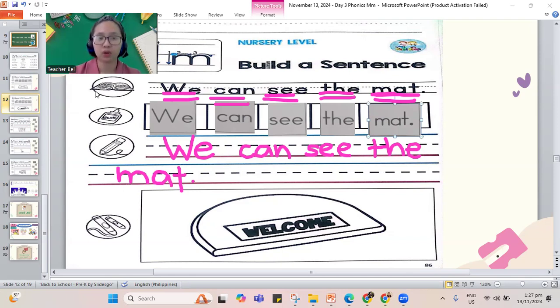And you need to color for your pictures. So let's color this one. I have the pink mat. Okay, there's something wrong with this one when I colored. Let's erase this one. Remember, when you color, you try to color neatly.